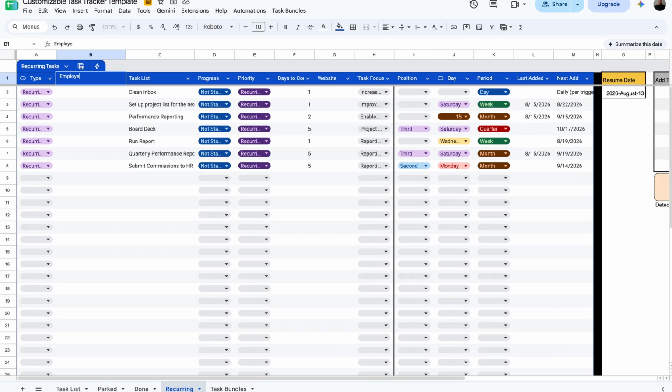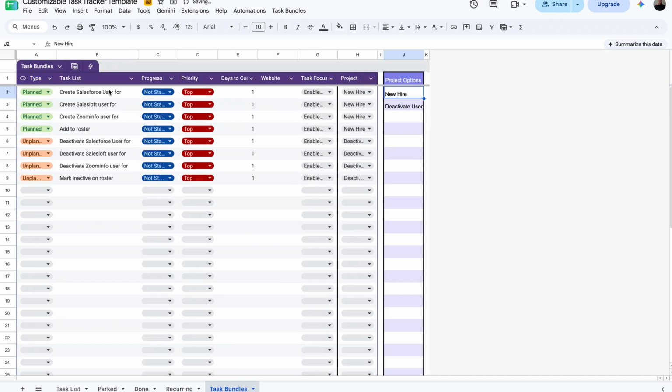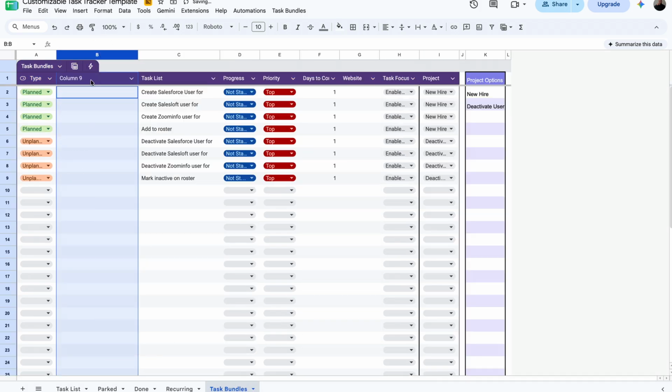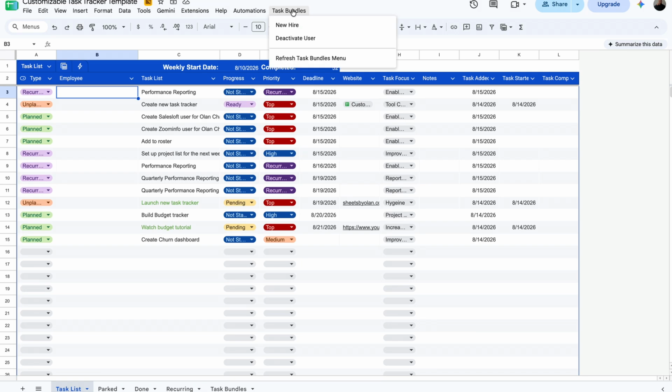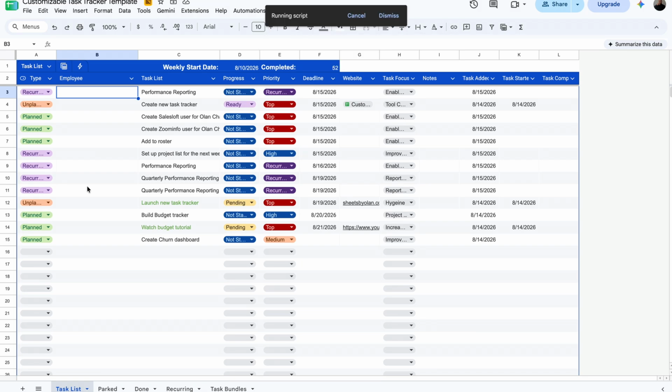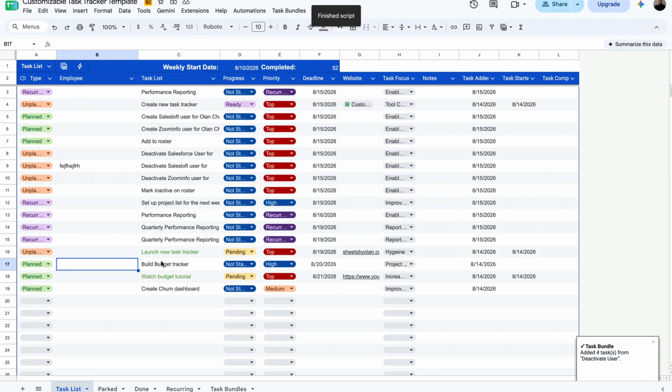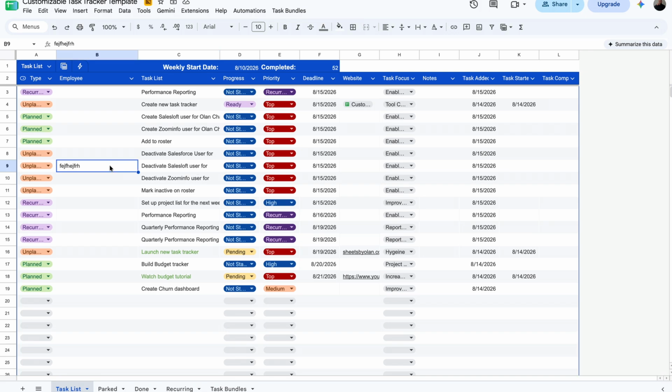So I'll just put employee. And then for task bundle, I'll insert one to the left and we'll put employee. Let's go ahead and put something right here and I'll show you why in a minute. So just like that, we're able to go ahead and put task bundles, deactivate user, and it will automatically flow through with the new configuration of the columns,